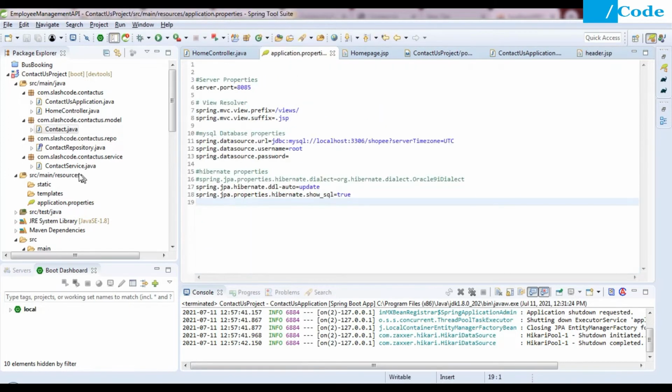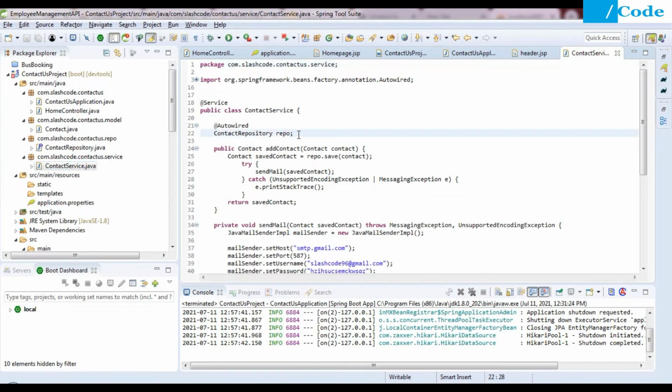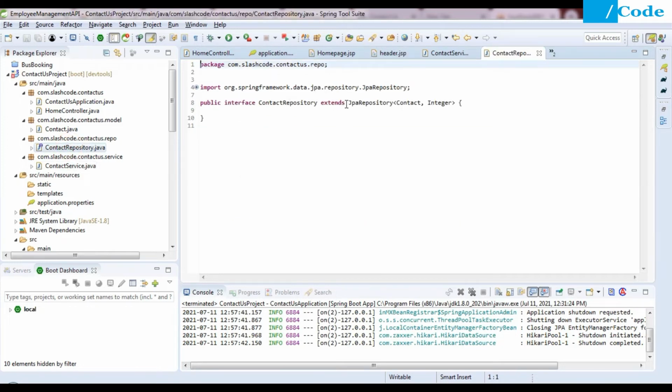Now come to the contact service, where the main thing is happening in the service class. So in the service class, contact service.java, we have autowired this contact repository as repo. In the contact repository interface, we have just extended the JPA repository.